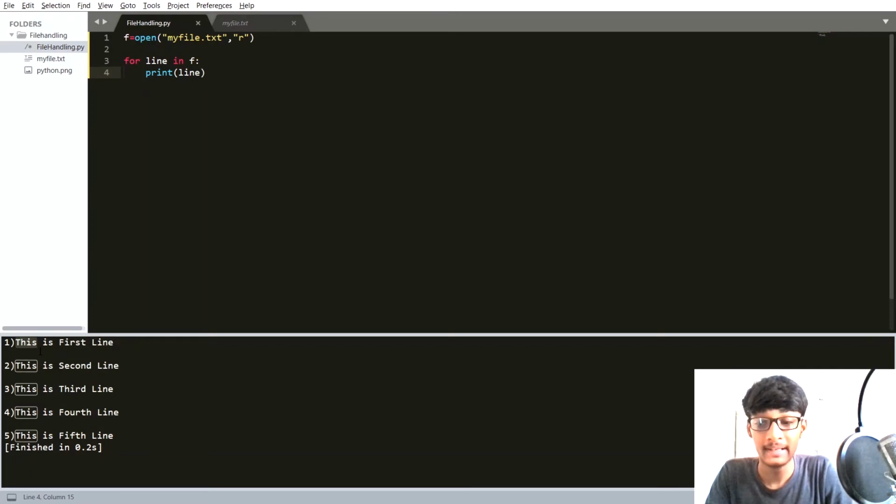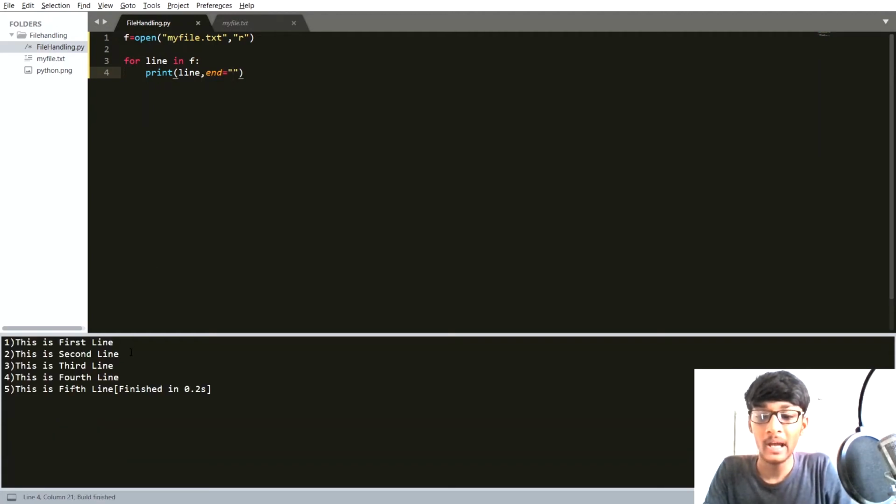This is the first line, this is the second line, but one problem is that it is showing some extra spaces between two lines. So how can we solve that? For that you just have to use the end keyword. Now you can see that it is solved. Compared to the read method, using a for loop is more convenient and will save much time.